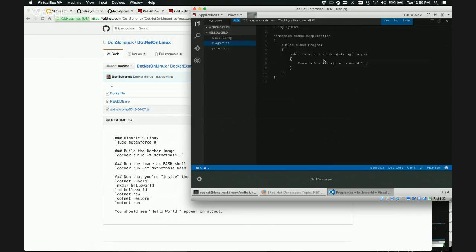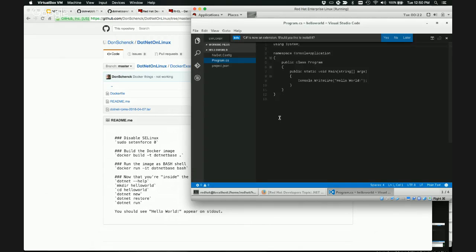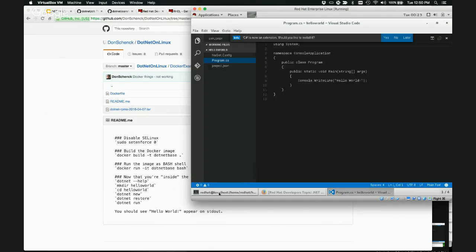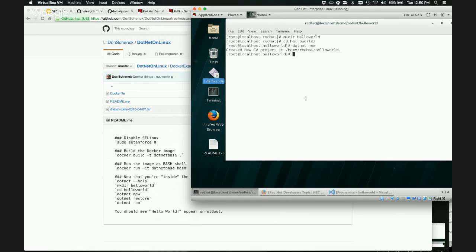But this is where you would actually make your code changes if you want to. And if I go back to the terminal, let me switch back to terminal over here. There we go. This is, again, if you type .NET -version or .NET -help, you will see the specific version we